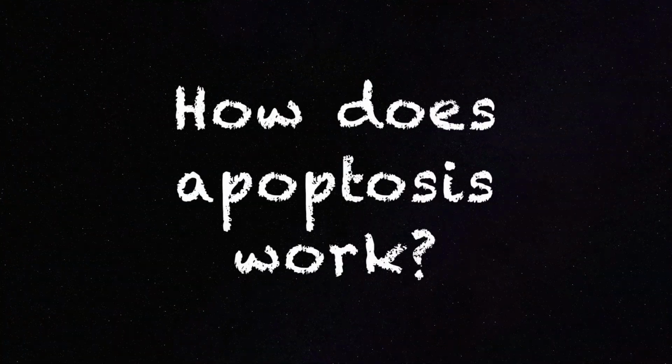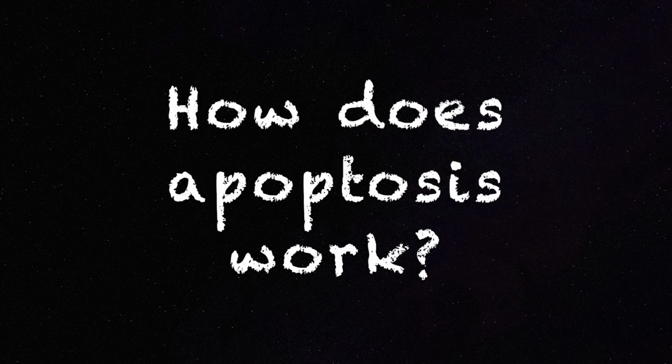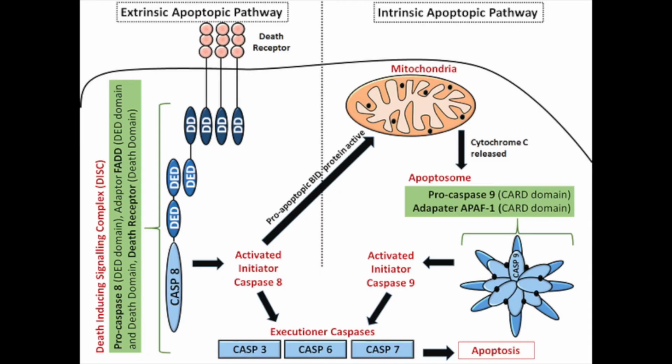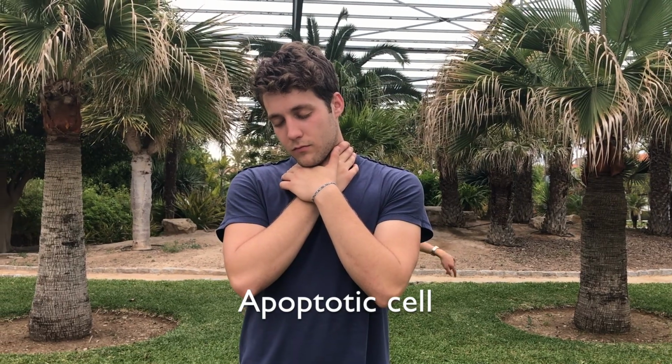But how does apoptosis work? Well, it can follow two main pathways. Each pathway induces cell death by activating caspases, which are proteases or enzymes that degrade proteins. Once initiator caspases are activated, they activate executioner caspases, which then kill the cell by degrading proteins indiscriminately, breaking the